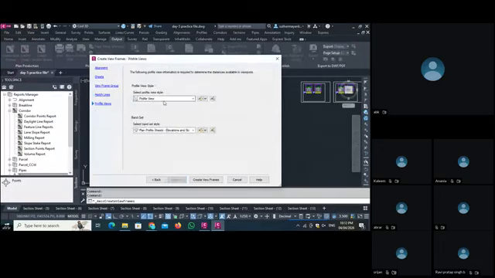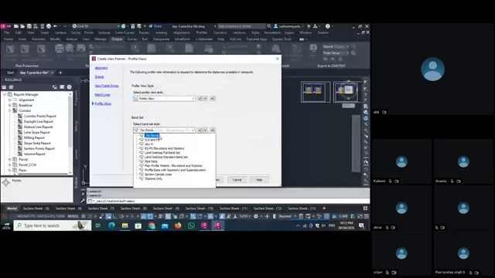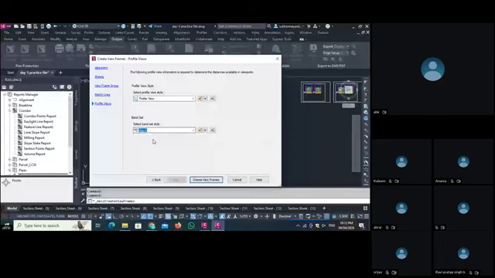Then go for the next, profile view. You can select the style of the profile view. Every company has their own templates. So once you import the template, there is no issue. You just click on that template, your company template, so all your work is set as per the scale. For the band set, if you want to create a band set, you can select it from here. If you don't want any band set, you can say no. As I have a band set, I set the band set here. Then I select